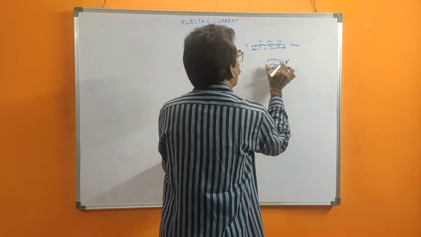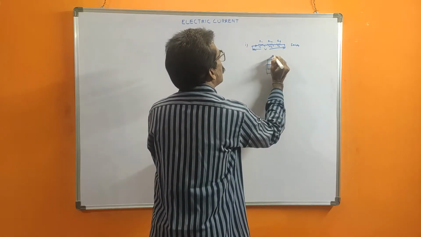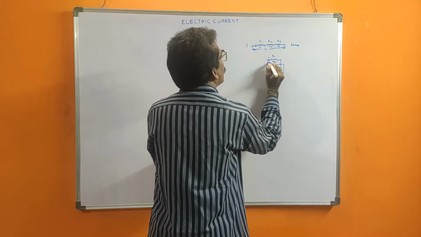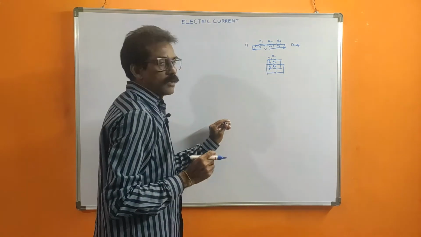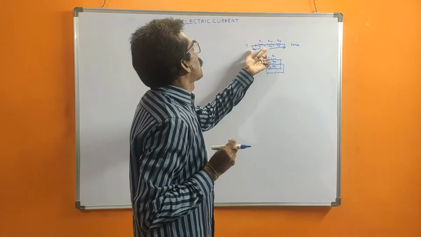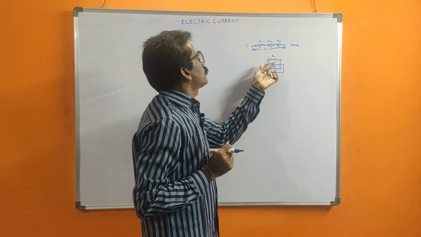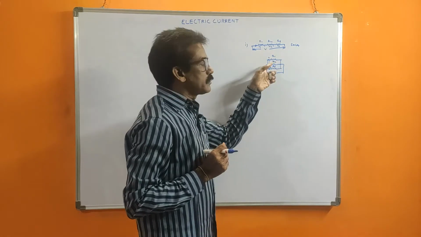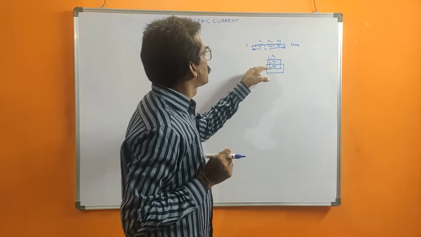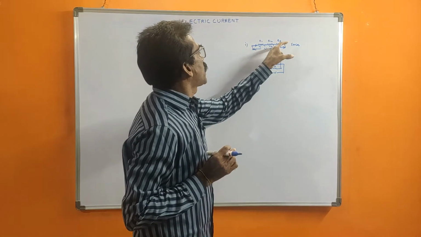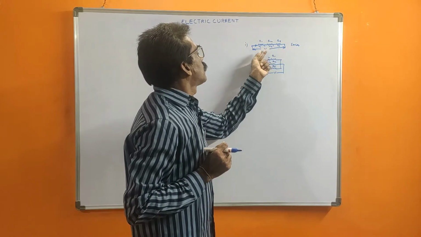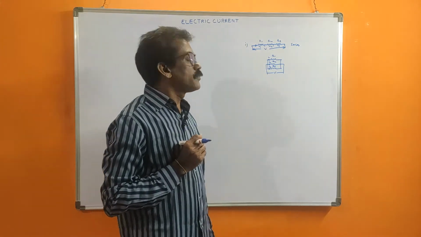See, the voltage is the same across the three resistors. Suppose these are R1, R2, R3, but the currents are different: I1, I2, I3. In series, according to the resistance, the voltage will drop across that resistor. Here, according to the resistance, the current will pass through that branch. Branches are different, that's why the current will be divided into three branches. Here, only one branch is there, so the same current will pass through the circuit, but across the resistors the voltage drops, that is, a potential difference will be there.